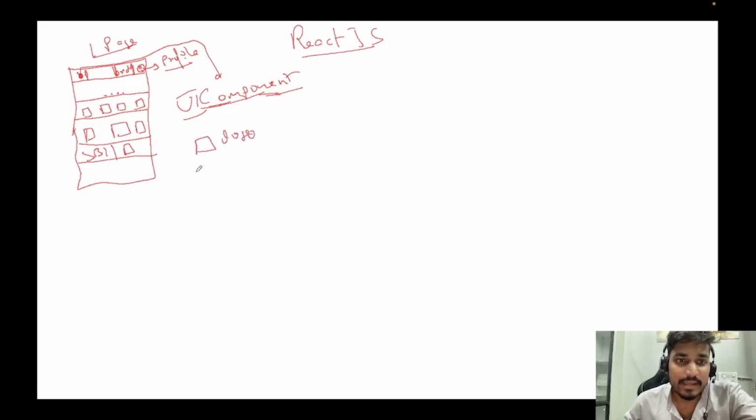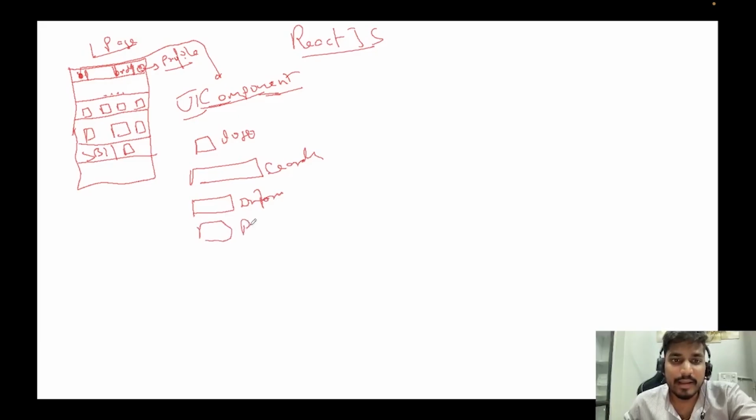The next one is taking care of the search bar. The next one is taking care of the orders section. The next one is taking care of the profile. So all of that is divided: this is one component, this is the second component, this is the third component,